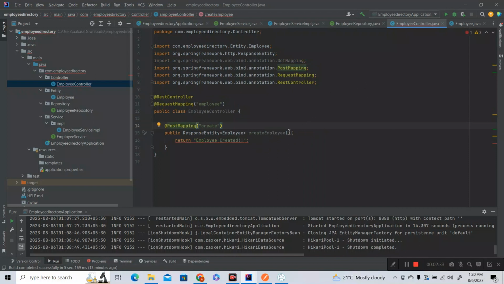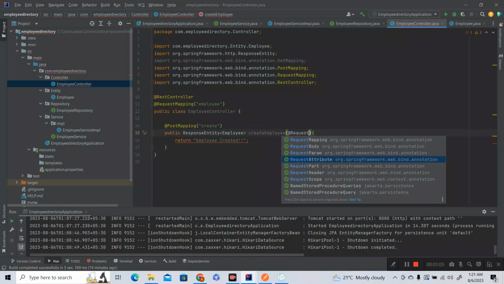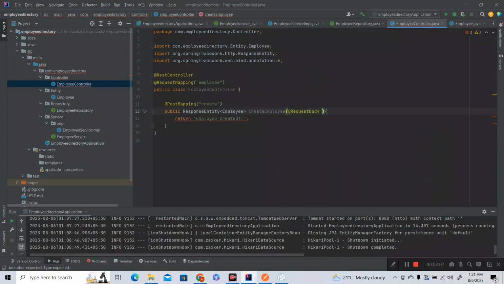and here we have to receive something, right? The data we want, whatever we want to store in the database, we have to receive that, right? We have to receive that as a JSON object as a payload, right? I'm going to show you in Postman how we're going to send the payload, but over here also we have to get that particular thing. So in that case, I'm going to use another annotation known as @RequestBody,